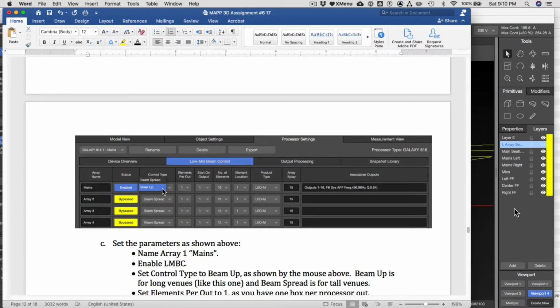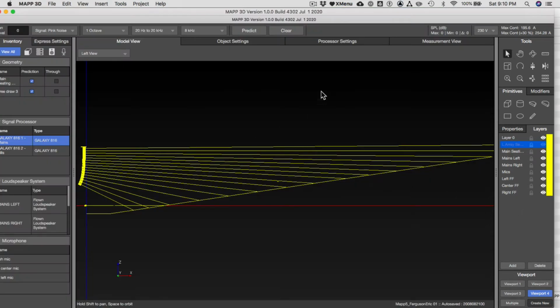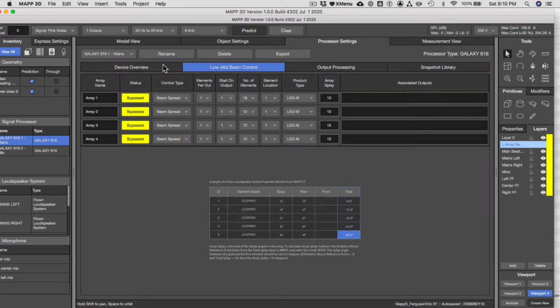What you're going to do is go over to map and go to your processor settings and dive into this LMBC, low mid beam control tab here. You haven't used it before. We're going to want to name your array. You're only using one array. Everything's in mono, so we're going to call that mains. You're going to turn on the LMBC, and you've got two choices here: beam spread and steer up. Beam spread will spread